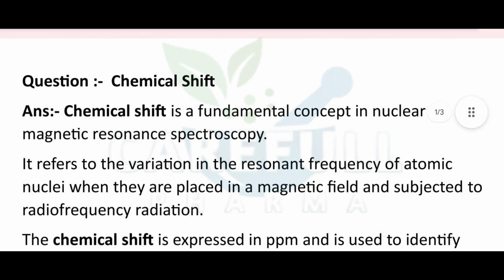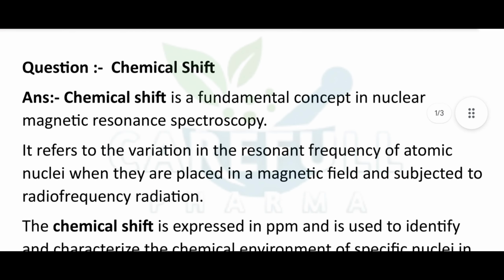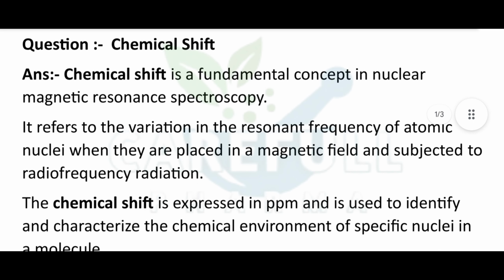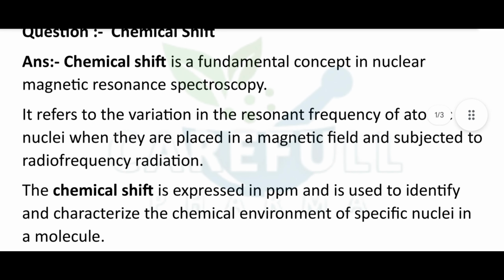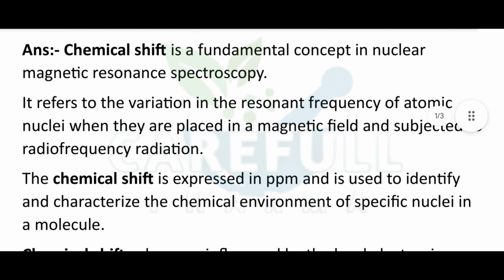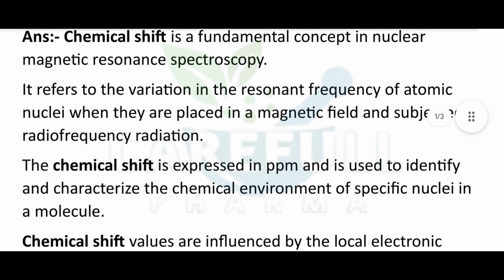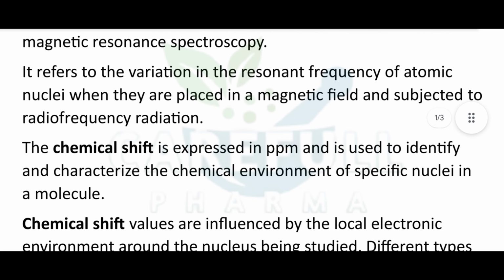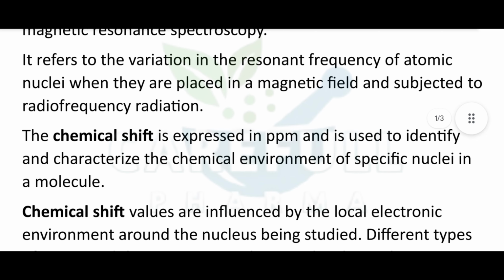Question: chemical shift. Answer: Chemical shift is a fundamental concept in nuclear magnetic resonance spectroscopy. It refers to the variation in the resonant frequency of atomic nuclei when they are placed in a magnetic field and subjected to radiofrequency radiation. The chemical shift is expressed in ppm and is used to identify and characterize the chemical environment of specific nuclei